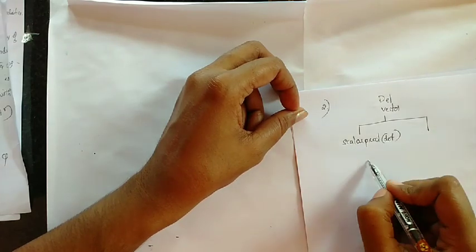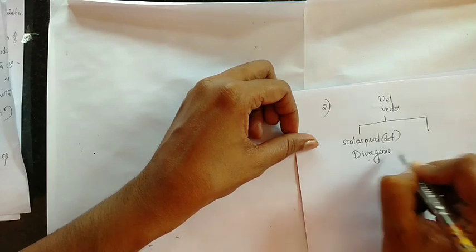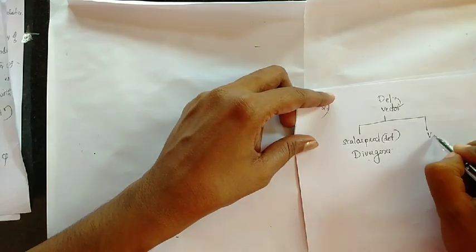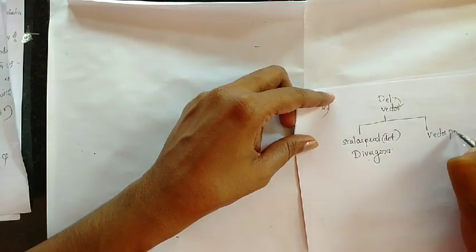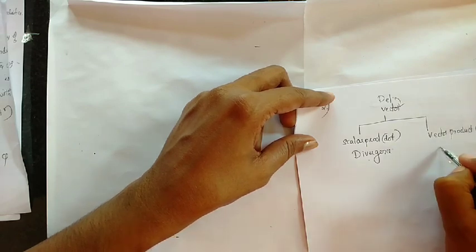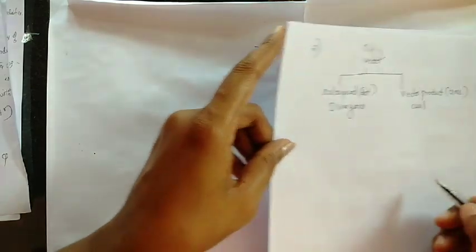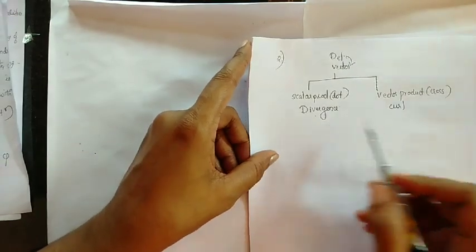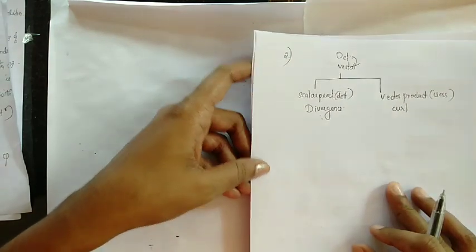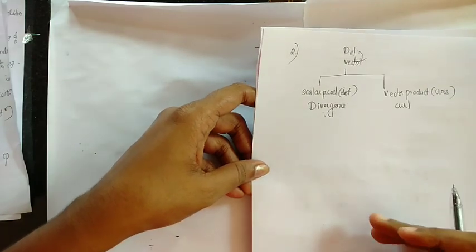If it is acting through a dot product, it is known as divergence of a vector quantity. And if the del operator is acting on a vector through vector product, another name for vector product is cross product, then it is known as curl of that vector quantity. Okay, so what is the concept of divergence, and what is the physical significance of divergence, that we are going to discuss next. After taking divergence, you will get a scalar quantity.